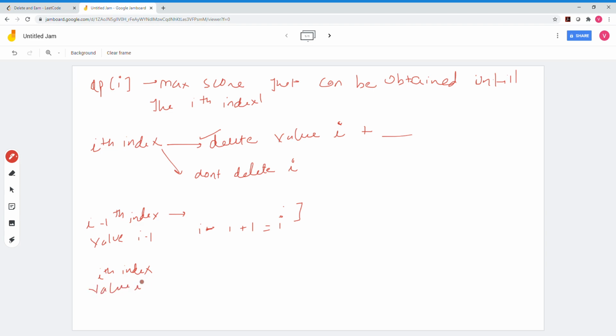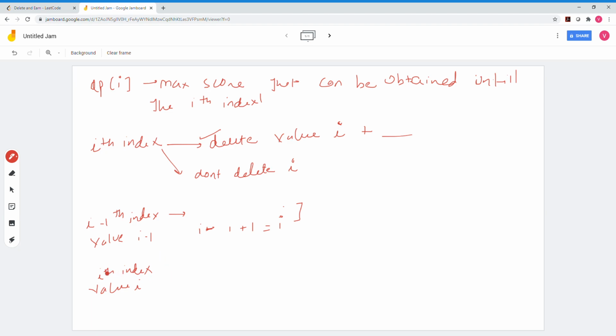Let us say I was at the i minus 1th index before. If I delete the i minus 1 value, the value i automatically gets deleted. So in order for i not to get deleted, I should not delete i minus 1 also, if at all i minus 1 is in nums.